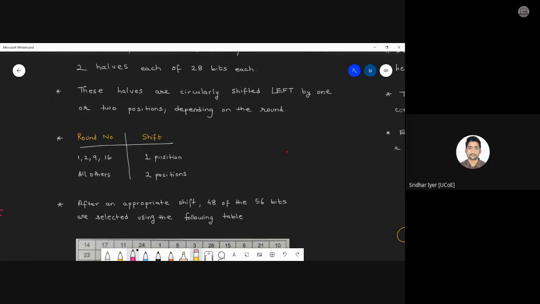If the round number is 1, there will be a shift of one bit, one position. This bit will cyclically left shift and be written at the end. But if the round numbers are 3, 5 or whatever, except these four values, then there will be a shift of two positions to the left. So again, this will happen once more. Am I clear now?